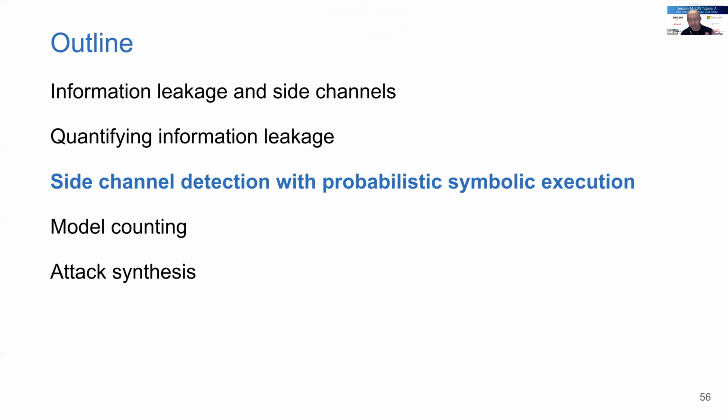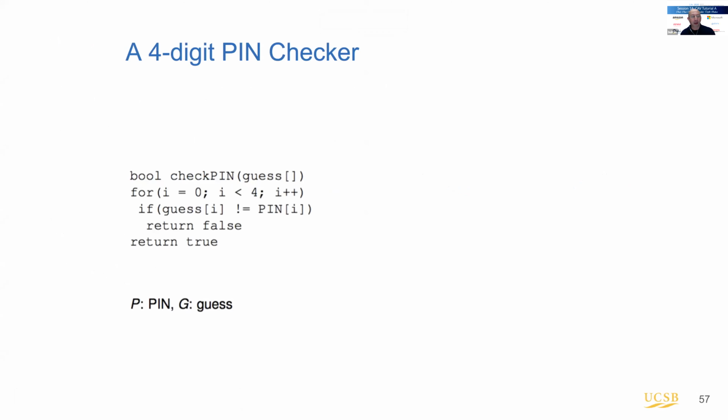I'm going to focus on symbolic execution-based techniques, but other techniques related to quantitative information flow can also be developed, and have been developed. So there are other works. Now I'm going to look at, again, the same thing. This is now a pin checker. I'm calling it a pin checker because we are just going to have 4 characters or 4 numbers. It's an array of size 4, and there is a guess and there is a pin, right? So let's say this is a 4-digit pin. And this has the same vulnerability. It's doing early termination, so there is information leakage from the execution time.